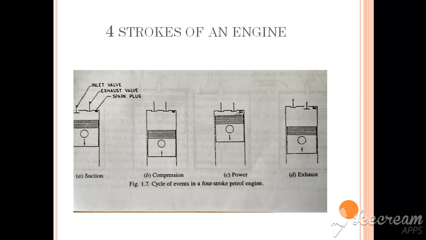In the first stroke, the extreme left diagram what we are having, this is the suction stroke. Here the piston moves from top dead center to the bottom dead center. As the piston is moving from the top dead center to the bottom dead center, the inlet valve gets opened as we have seen in the valve timing diagram. And when the inlet valve gets pressed, then it is connected to the inlet port, so the air fuel mixture enters the cylinder. So this is the suction stroke where the air fuel mixture is sucked into the engine cylinder and only the inlet valve is open.